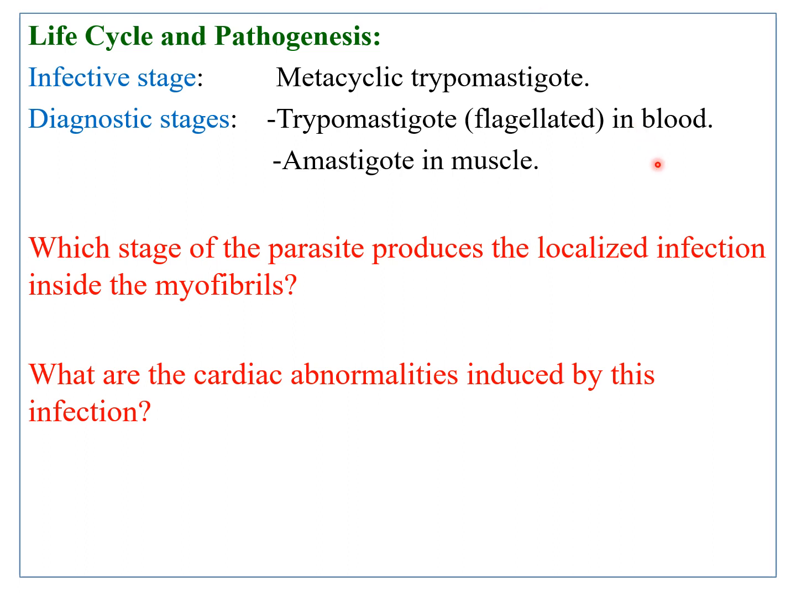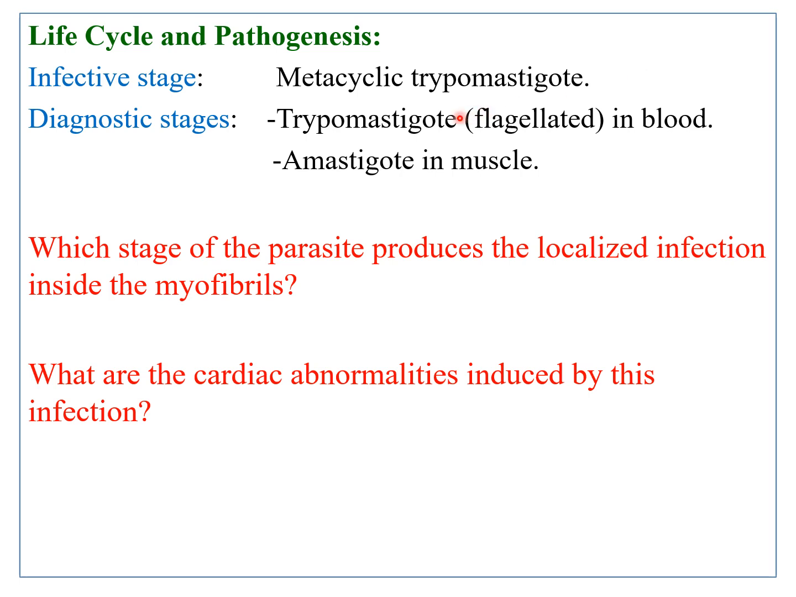The life cycle of Trypanosoma cruzi includes 3 stages. The first one, the metacyclic trypomastigote, is the infective stage. That means it is the stage that is contained within the feces of the triatoma. The other two stages are the